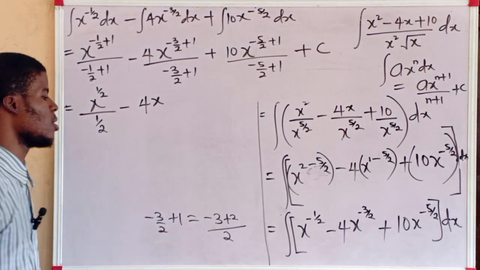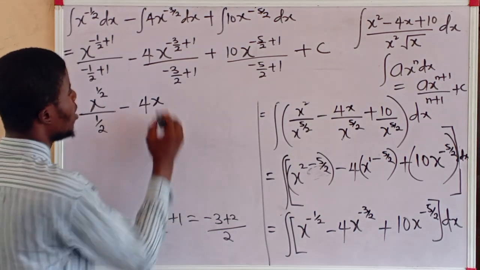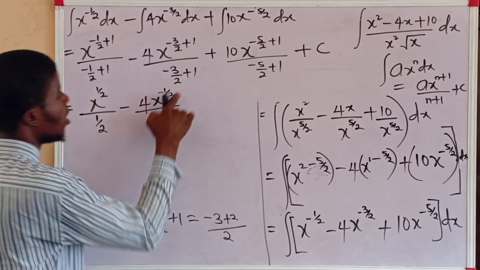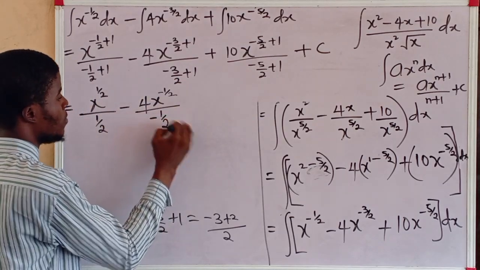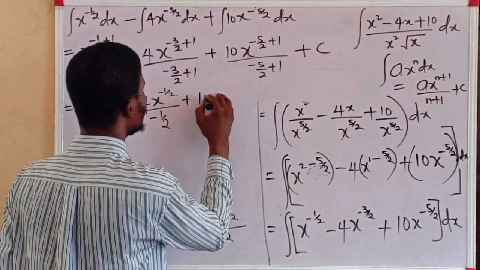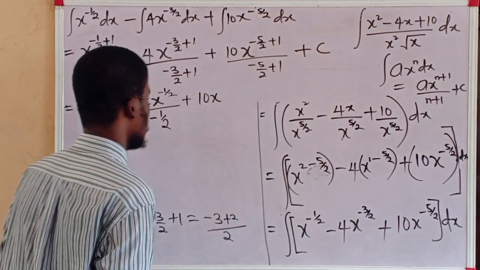That will be minus 1 over 2, all divided by the minus 1 over 2 here. Plus 10x to the power of